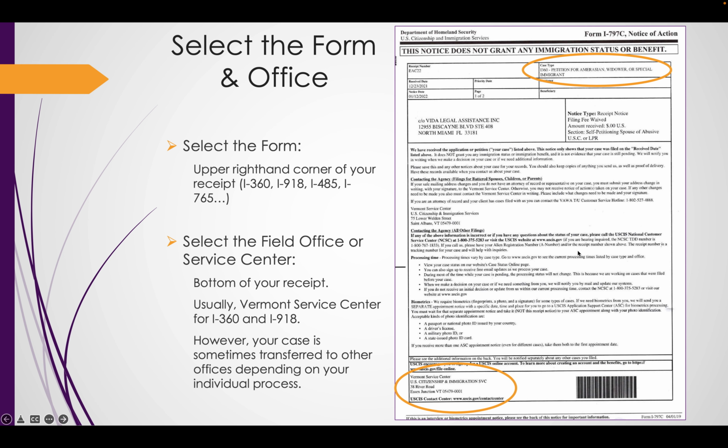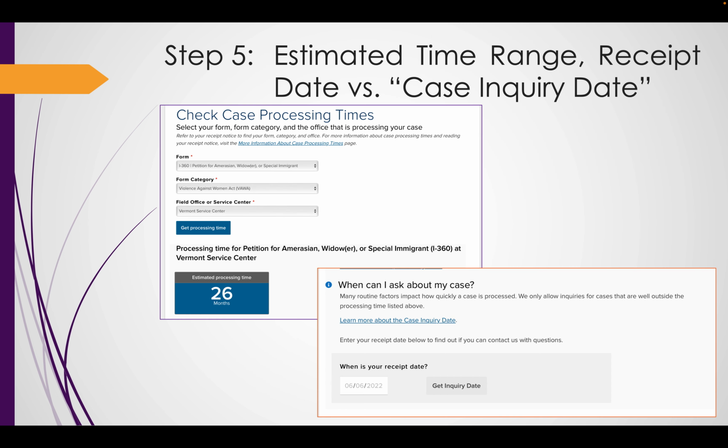So, and finally, you can find the receipt date up here in the upper left-hand corner of your receipt, underneath the receipt number. So going back to the estimated time range in the receipt that I had in the previous slide, it was an I-360 based on the Violence Against Women Act, and it was the Vermont Service Center handling the case. So I've plugged those in there, and you're going to see the estimated processing times for this type of case